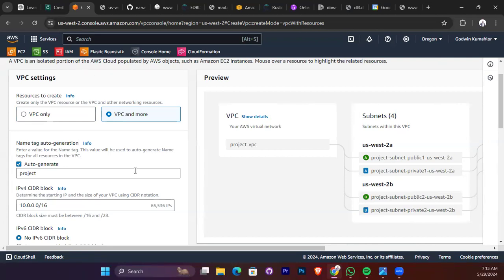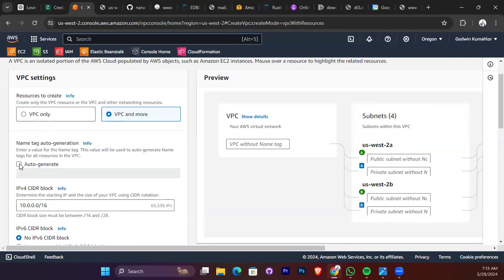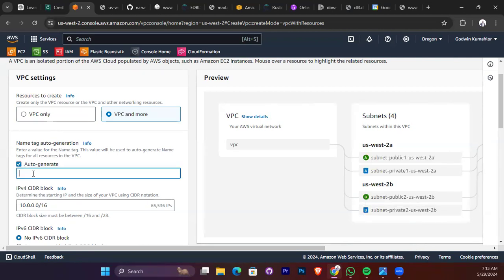So it means that we can access the internet from the public instance, but we should do settings so that we'll be able to access the instance in the private subnet. Okay, so that's what we are doing. If we leave this on, it means that the name that we give will be added to the resources for us automatically. So that's the reason why we leave that one on. So let's say the name of our VPC is assignment VPC,